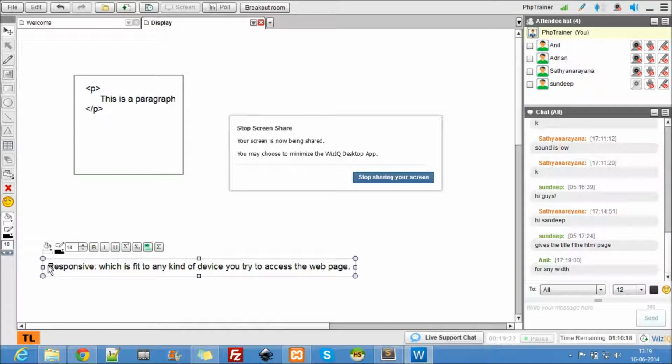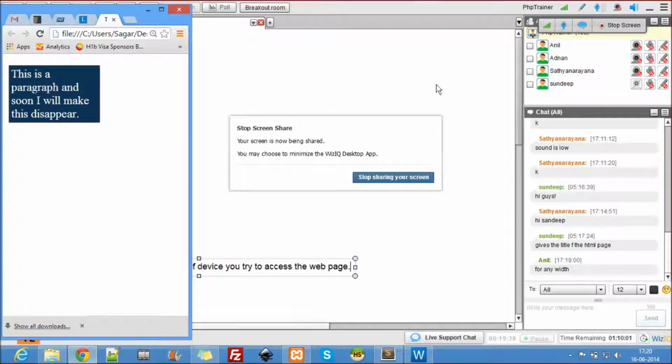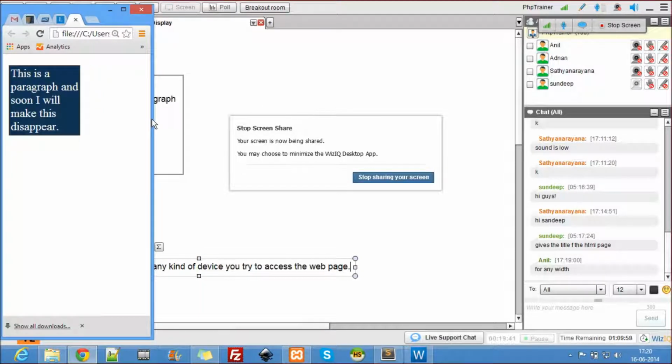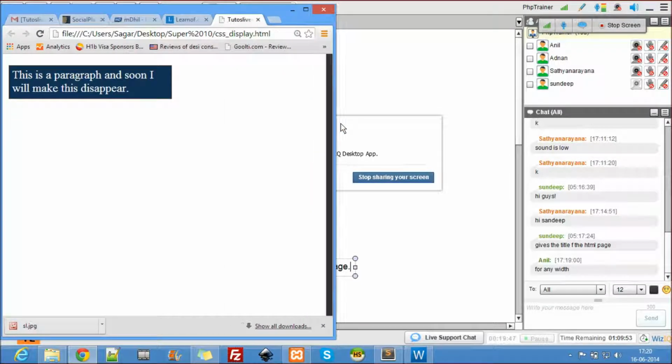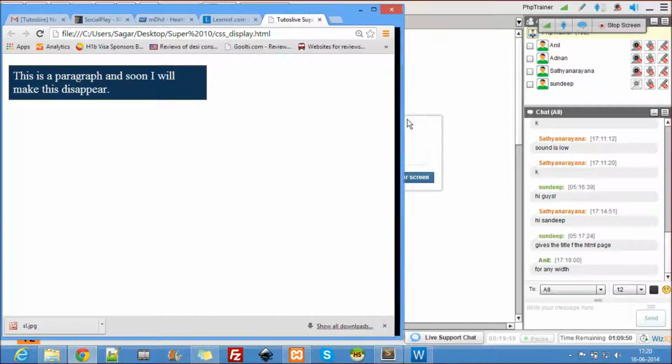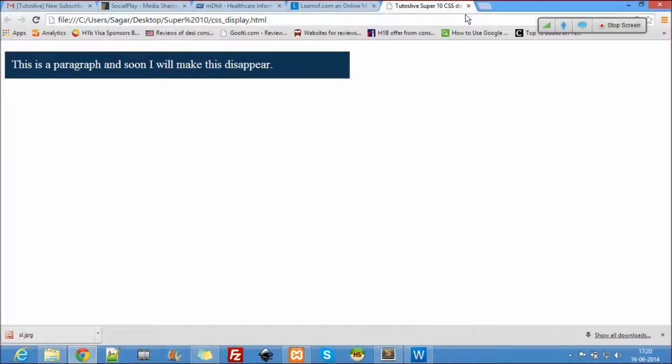When I see it on a desktop, it looks very small. When I see it on an iPhone, it looks very big. I don't really want that. I want it to be proportional on any device I see the web page on. Now I've given 50%. Now let's say this is the size of iPhone. As the width of the screen increases, I have given 50%, so every time it will be 50%. That's the only reason I asked you guys to give every metric in percentages, because with percentages you can really control it on any device.